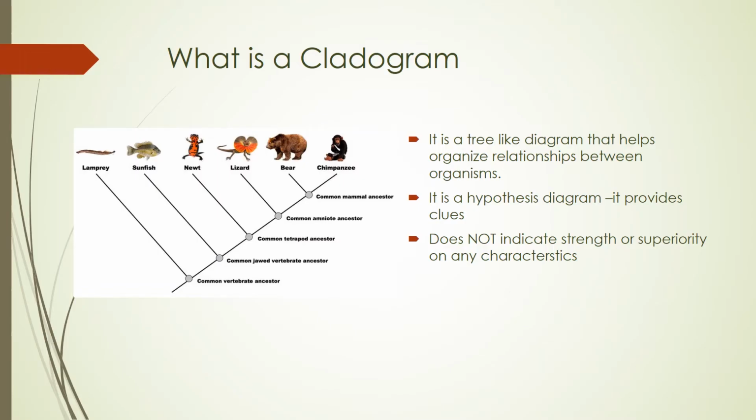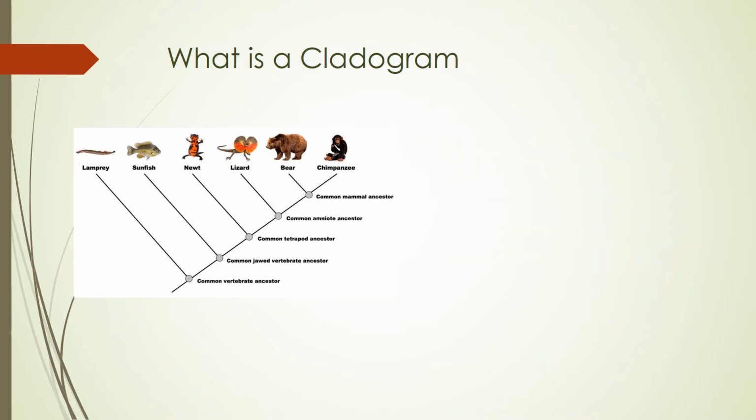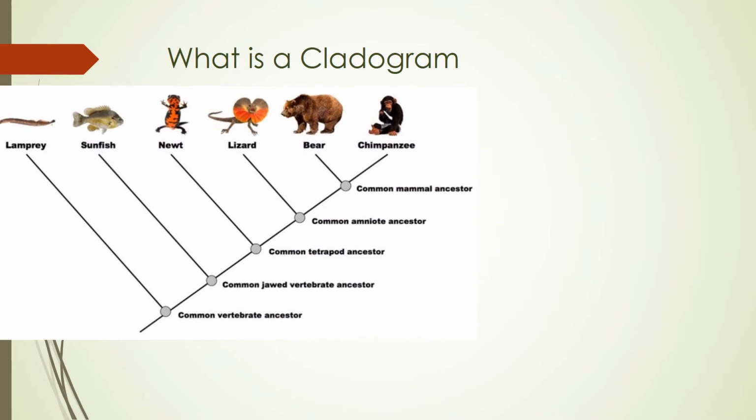First, what is a cladogram? A cladogram is a tree-like diagram that helps organize relationships between organisms. It helps visualize shared and unshared characteristics within different subspecies. For example, let's look at this image. When looking at this image, we can say that there's an assumption that chimpanzees come from bears, but that is